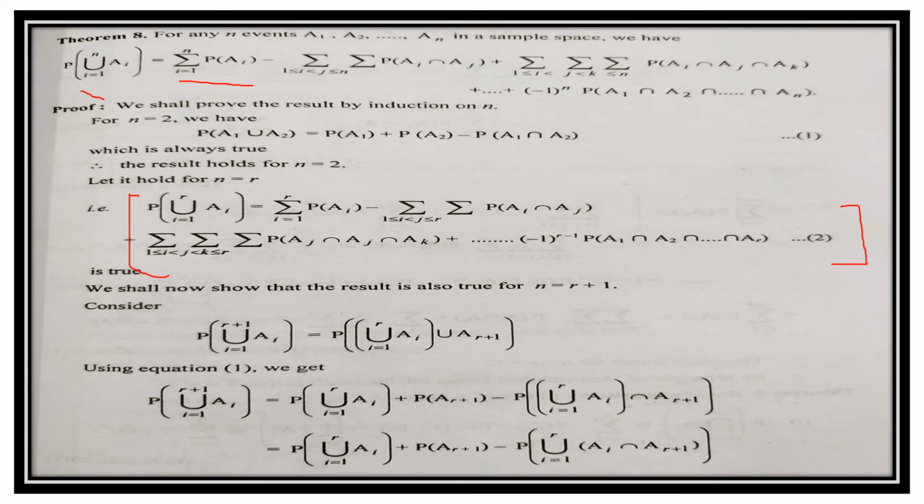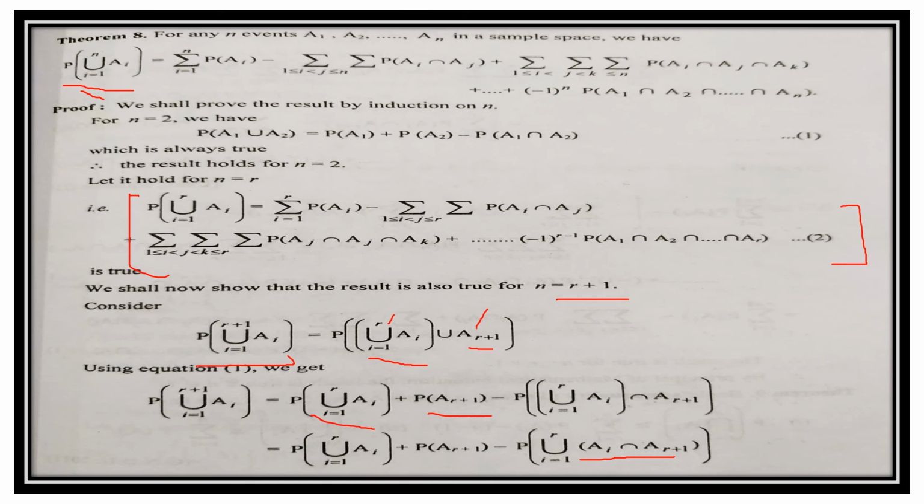Now we have to prove the result for n equal to r plus 1. So put n equal to r plus 1 on the left-hand side. We can break this union into the union of r terms, with the (r plus 1)th term kept aside. Now these are the two events, the probability of A union B. How can we write the probability of A union B? Again, the addition theorem is applicable here: probability of A plus probability of B minus probability of A intersection B. I'm treating this as A and this as B. Now from here we are just interchanging the brackets, and it is written like this.